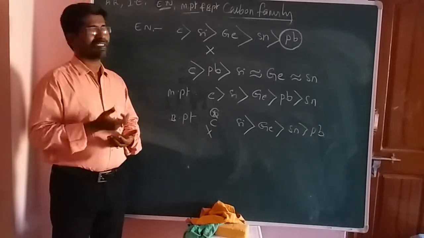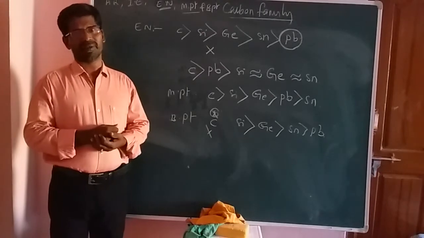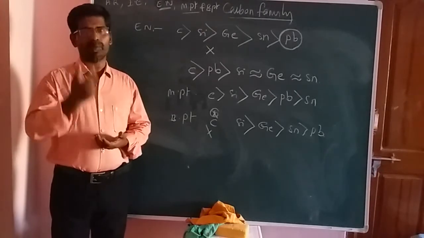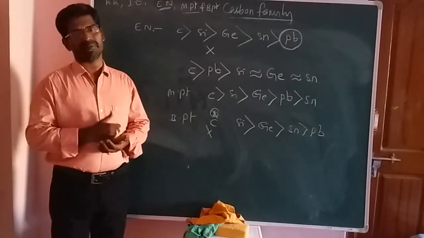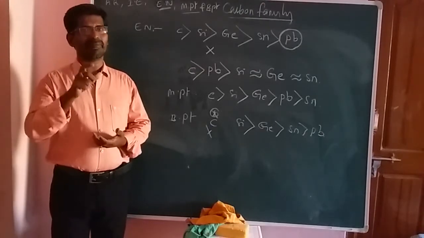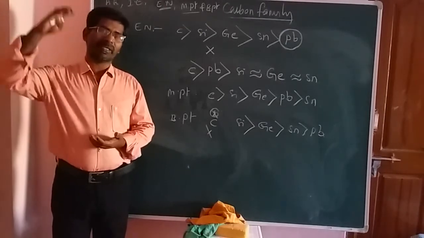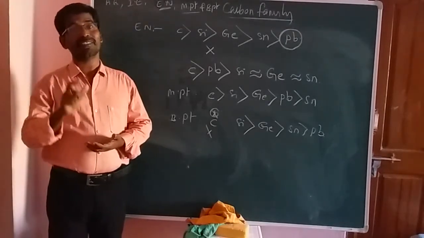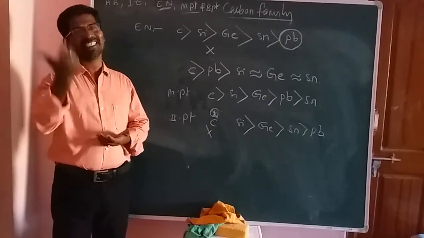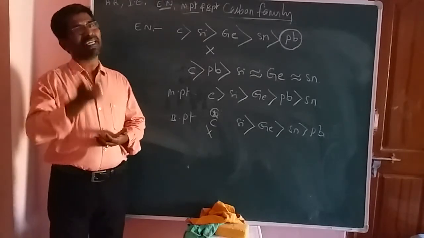And actually, carbon is the most important element. You know already. It is the backbone element of organic chemistry. Without carbon, we can't prepare any organic compounds. By using carbon, we can prepare millions of compounds, due to its wonderful property. That property is the catenation property. What is meant by catenation here?